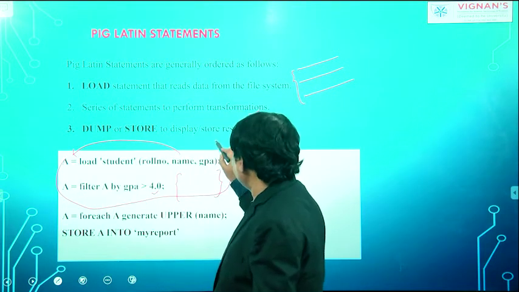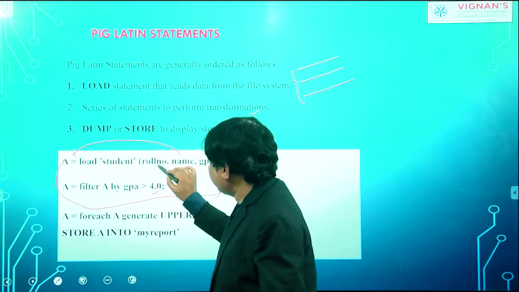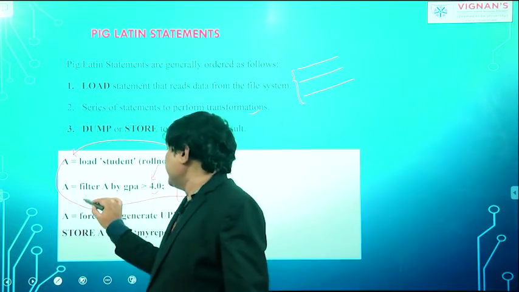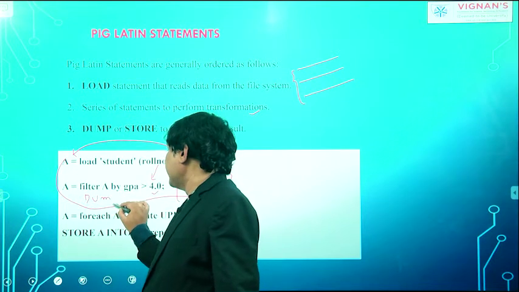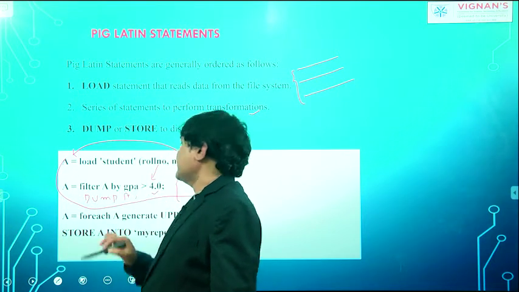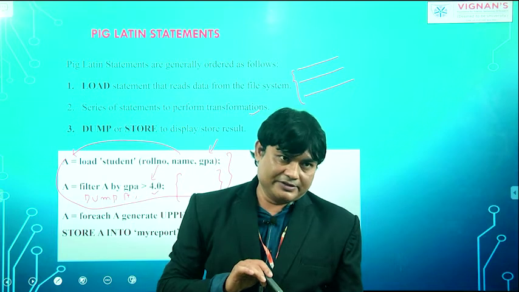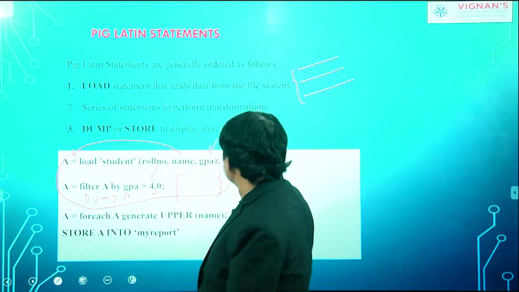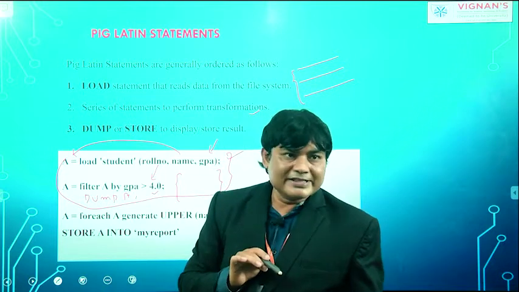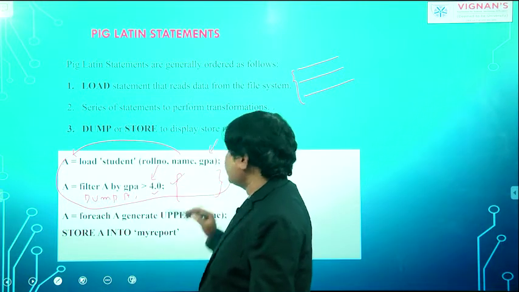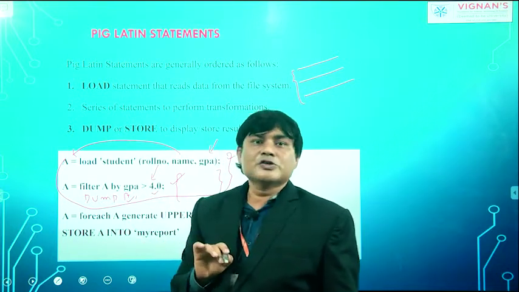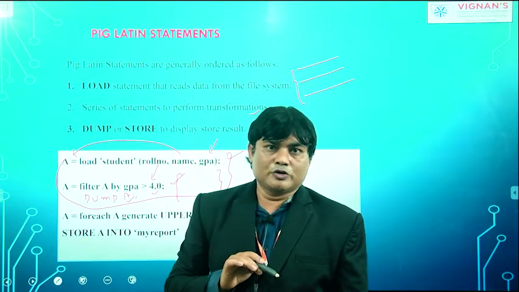So here you are loading. Okay, then what are you doing? You are doing transformation. And if you want to display the result, what do you do? We have to write simply DUMP A, and you can see the results of that statement. So here three things happen. What is the first thing? We are doing loading. What is the second thing? We are doing transformation. And what third did you do? We did a dump. Dump means showing the results on the screen.